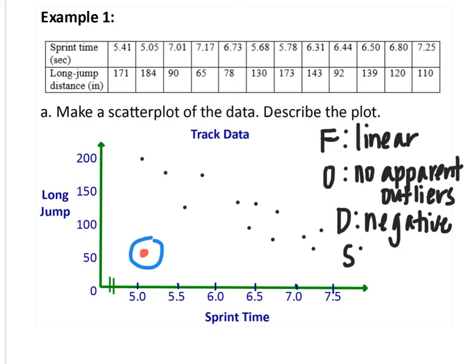And then the strength, just by looking at the graph, I'm going to say the strength is moderately strong, or moderate to strong, we could say. So this is my FODS, F-O-D-S. You want to do these in complete sentences or with more context